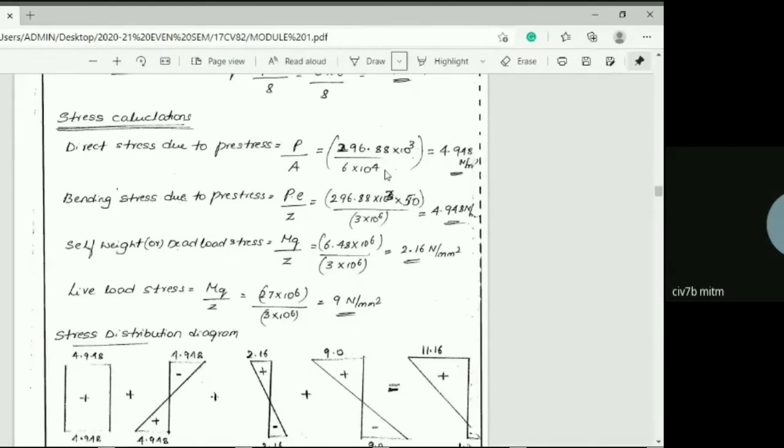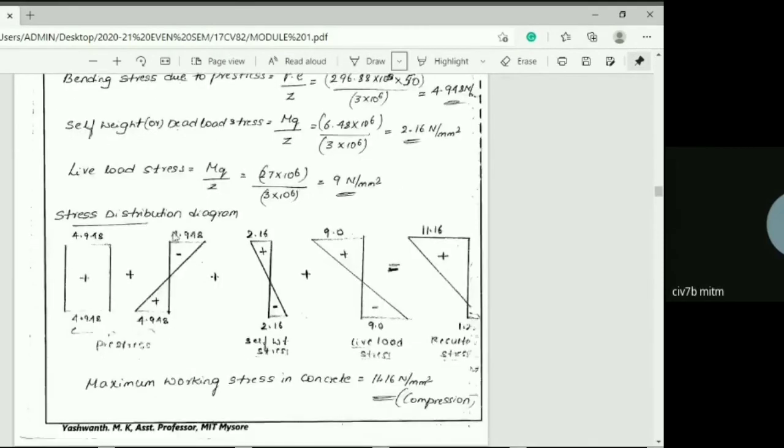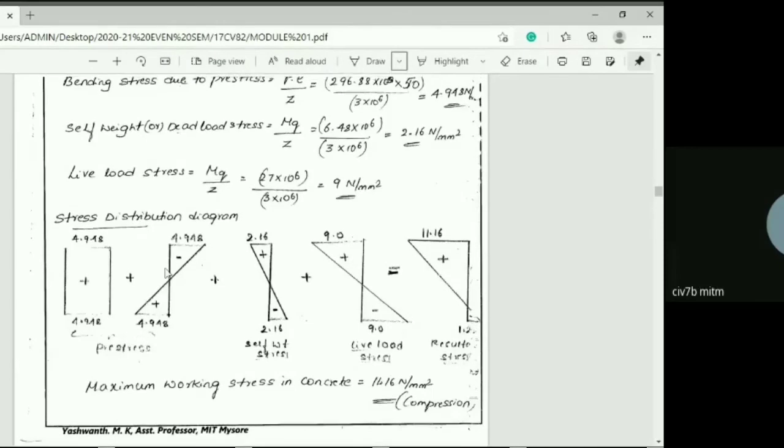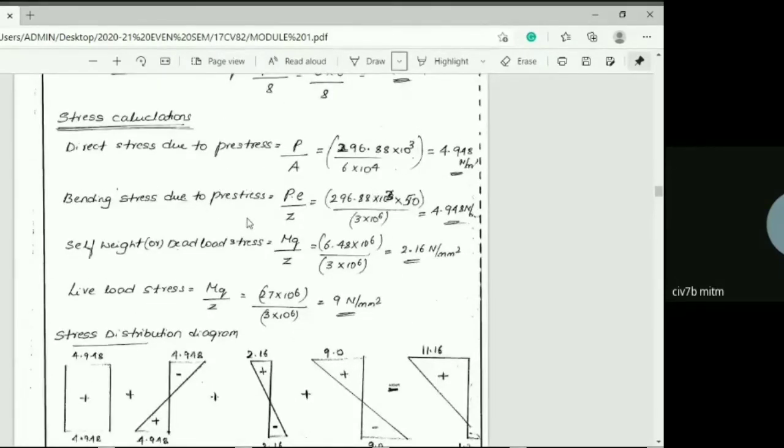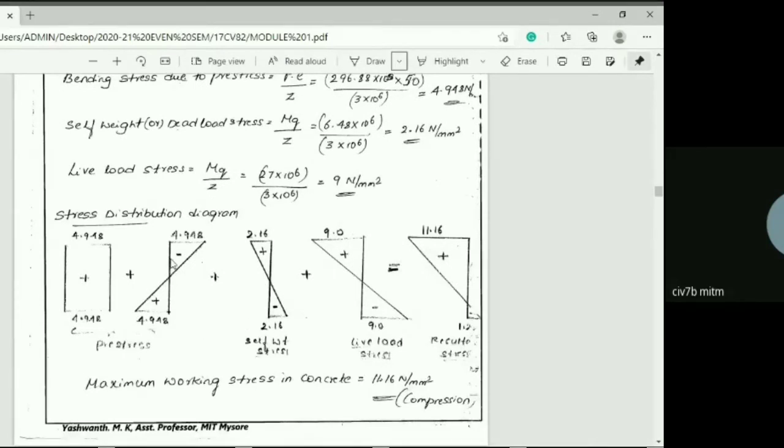So now let us go with the stress diagram. First, the direct stress. Since I'm inducing a pre-stressing force, this pre-stressing force will create a pre-compression throughout the beam. Hence, P by A will be the same both at the top and bottom. Next, the bending stress due to eccentricity is 4.948 Newton per millimeter square, both at the top and the bottom. First I will teach you. Let me draw a straight horizontal line to my left. It need not be to scale, need not be drawn as 4.9 centimeter. Simply draw it. That's it. 4.948, and to my right side, draw 4.948.